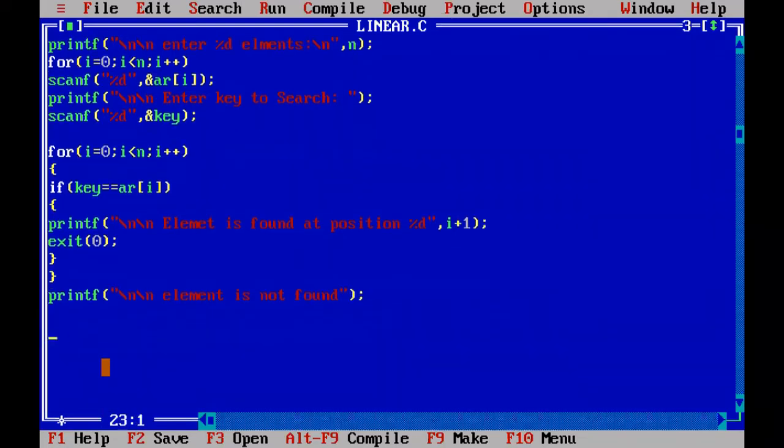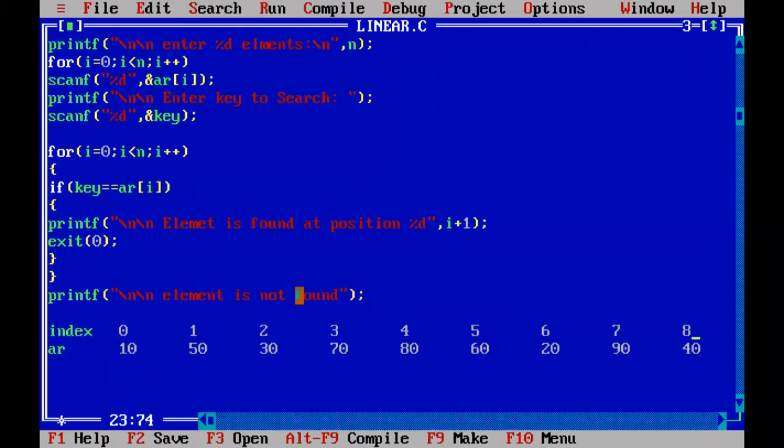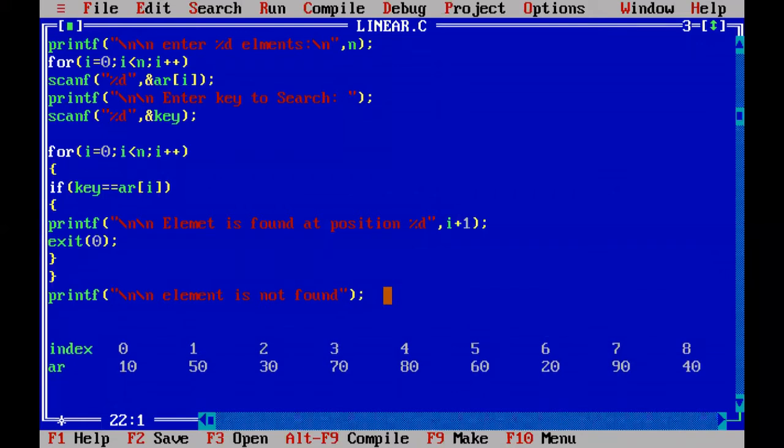Here I am taking the index values and the array elements also I am considering. Here you can see we are going to take the values. The index positions are here. We are going to search the key value. Key value is what? Key value is 20.